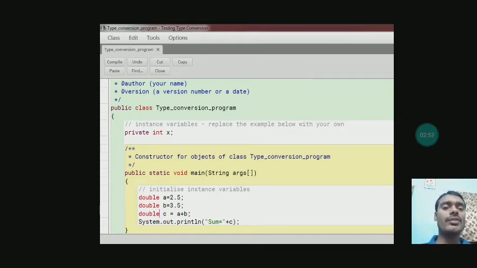Plus here is used for concatenation. It is concatenating the two values. Concatenation means addition. It is the addition operator. It will add one string into another data type, which is number. So string and number both will be added, and the result will be sum equals to 6.